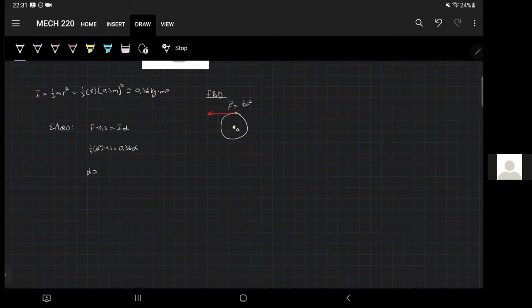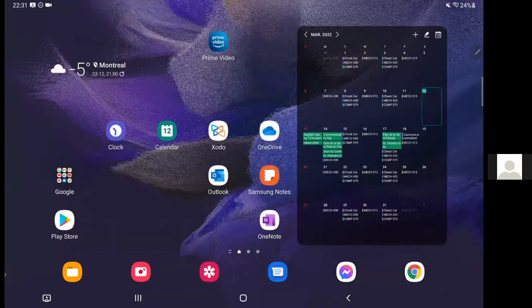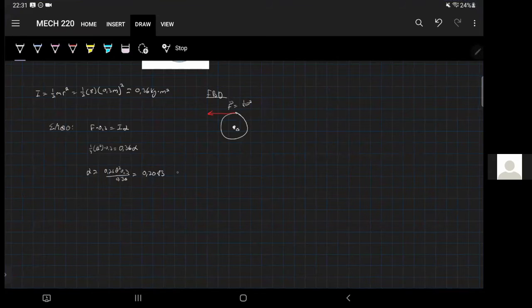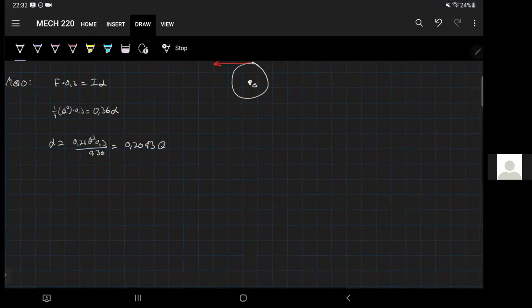So alpha is just going to be 1/4 theta squared times 0.3 divided by 0.36, which has an answer of 0.02083 theta squared,